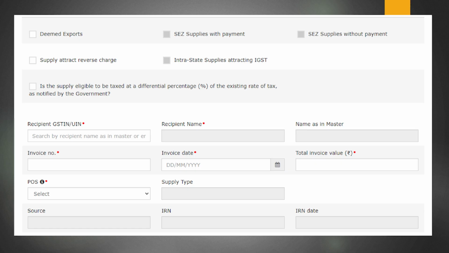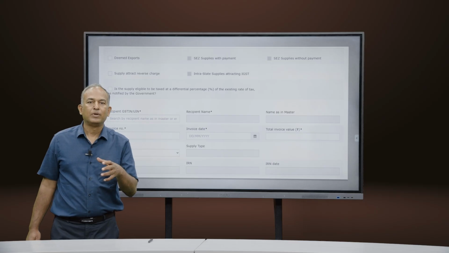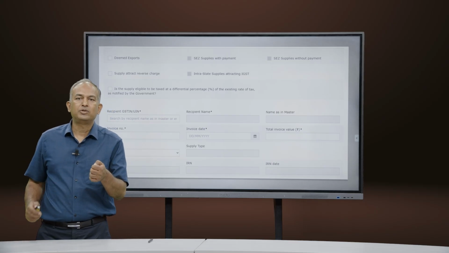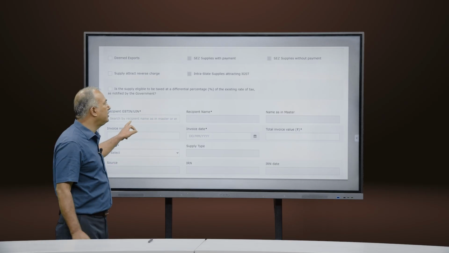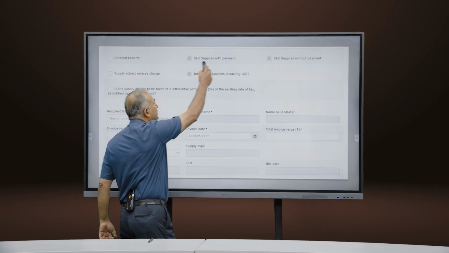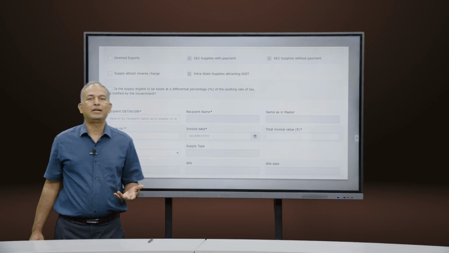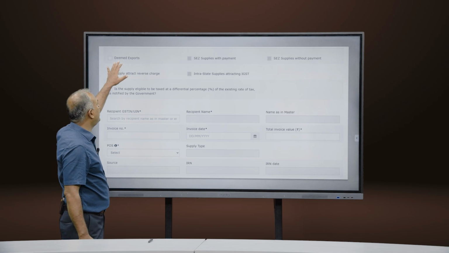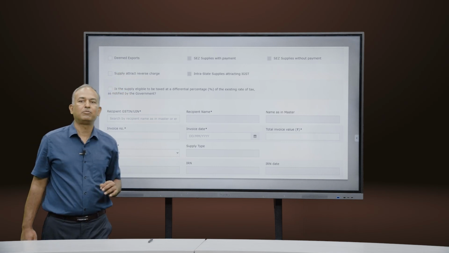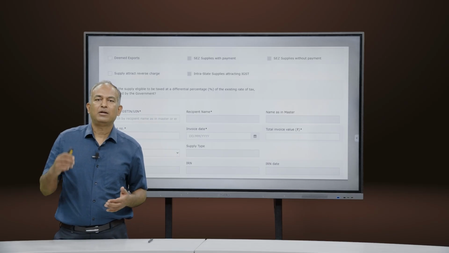What happens is, the moment the taxpayer enters the GSTIN of an SEZ, there is a flag in the database which says that this GSTIN is actually an SEZ. The moment the GSTIN pertains to an SEZ, both these boxes get enabled and the taxpayer is allowed to select one of them. The second aspect is, a checkbox has been provided for deemed exports and for supplies that attract reverse charge. So the GST portal, despite the fact that you have 4A, 4B, 6B, 6C tables that are there,